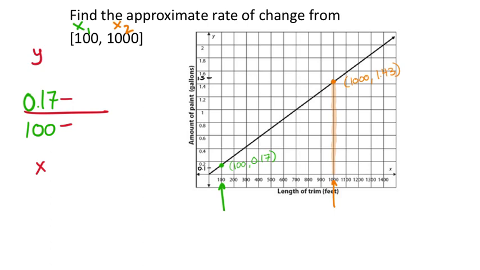So for my x value, I know that's 1,000, and then the corresponding y value, 1.43. So I'm going to put this into the calculator. And again, when I do that, I'm going to use parentheses for my numerator and the denominator. The fraction line is just the divide button. So when I put this in,